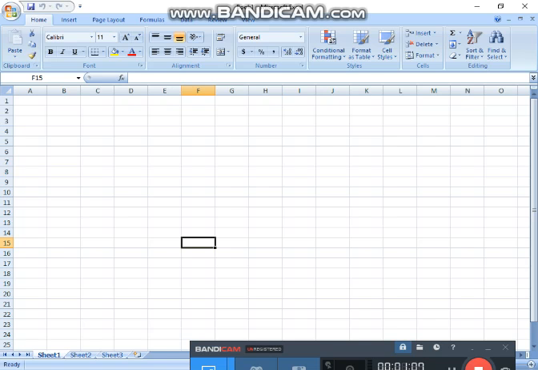Okay, then range of cells, if I choose multiple cells at a time, it is called a range of cells. Actually a range of cells is a group of continuous cells that form a rectangular shape. Okay, any rectangular shapes, if I choose 2, it will also be called a range of cells. Okay, so I will show how to work with Excel. In Excel, columns are identified by a letter, and rows are identified by a number.